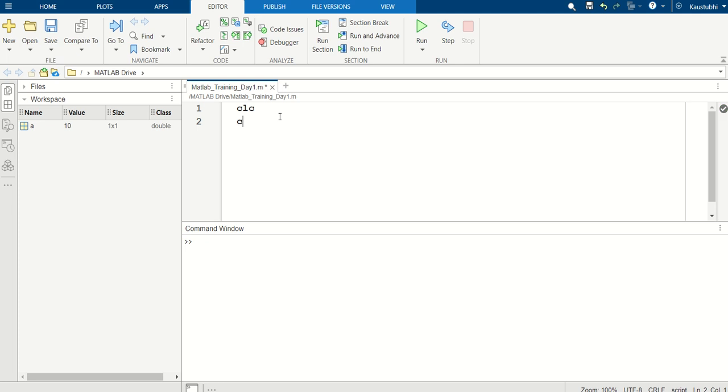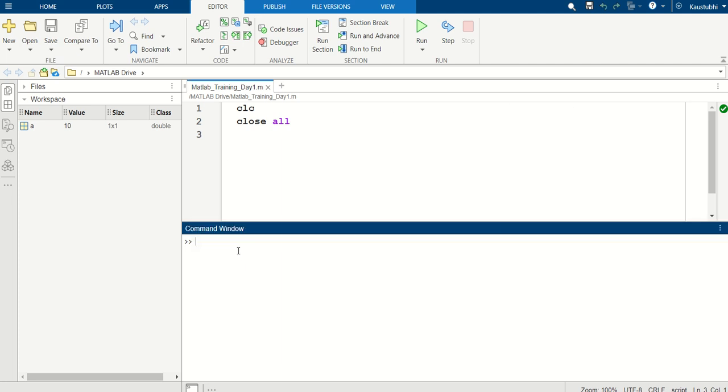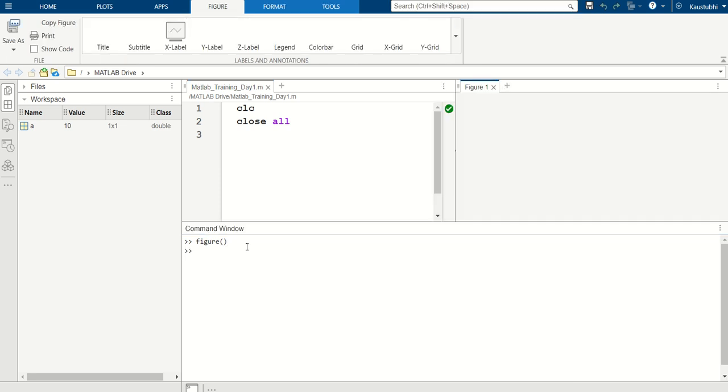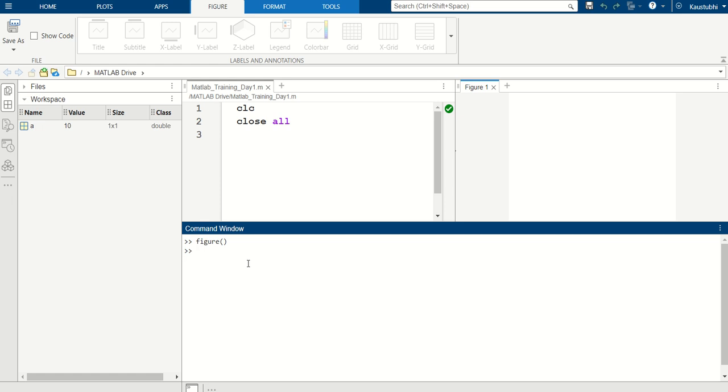Next is close all. If you write close all and run it, whatever figures are already open in your window will get closed. Since there are no figures, nothing is closed, so let us initialize some figure. So let me initialize one figure. As you can see, we have one figure here. Let me initialize one more figure,